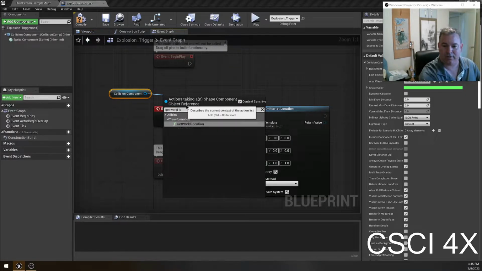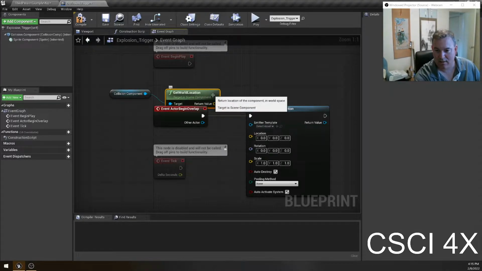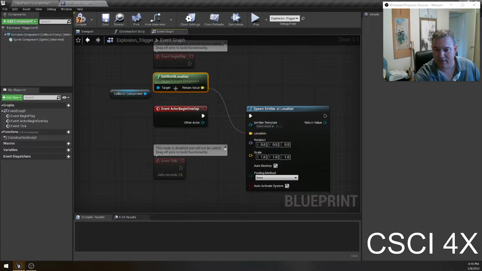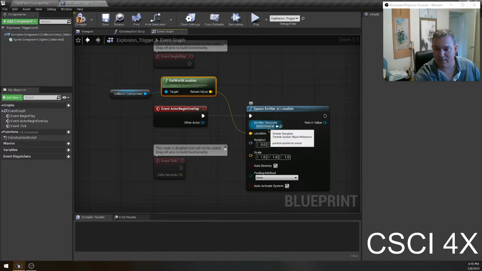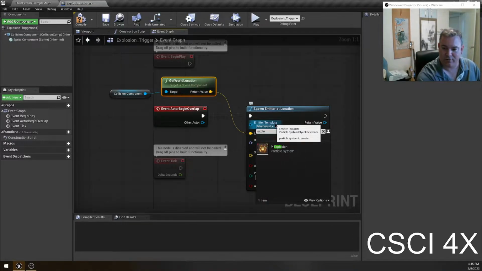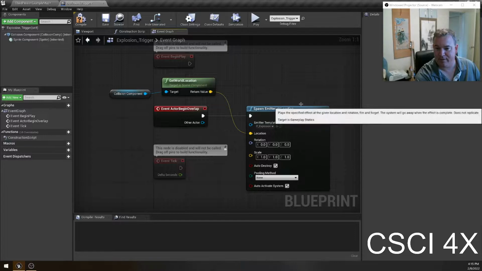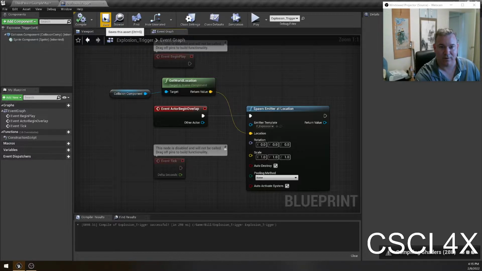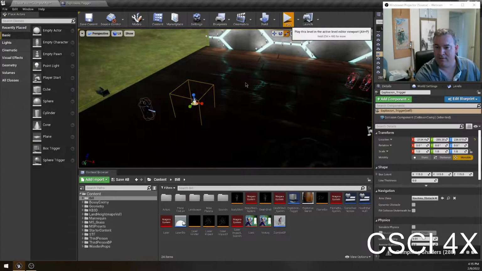Get world location, and we'll just toss that in there. And the emitter is going to be explosion. And there we go. We can play a sound or two, whatever, but this isn't the point of the lecture today. You know where I'm going with this. So basically,